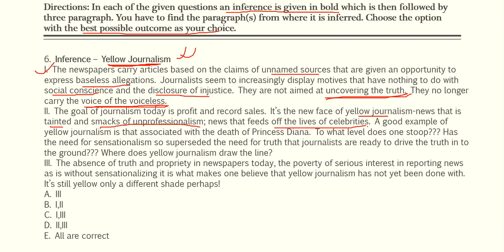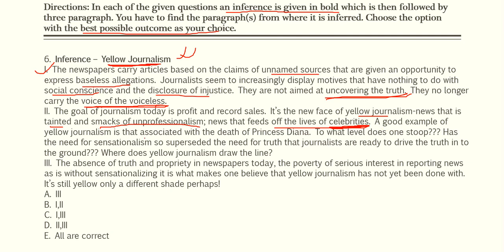Like there have been some scandals related to celebrities, and they'll be just adding spice to it, and they'll feed the minds of the people. Okay, and from that they will get high TRPs, and they will expect more sales, more income, right? They will just try to exploit the minds of the people, fine, just playing with the minds of the people and the emotions of the people.